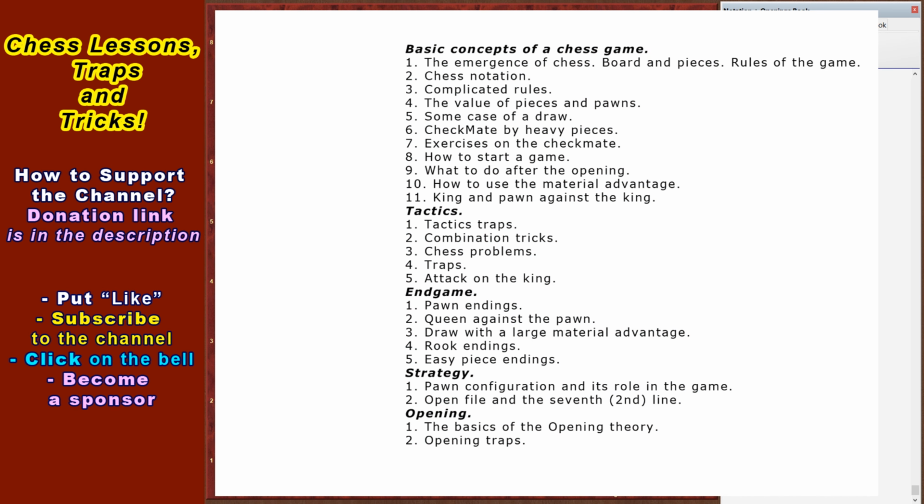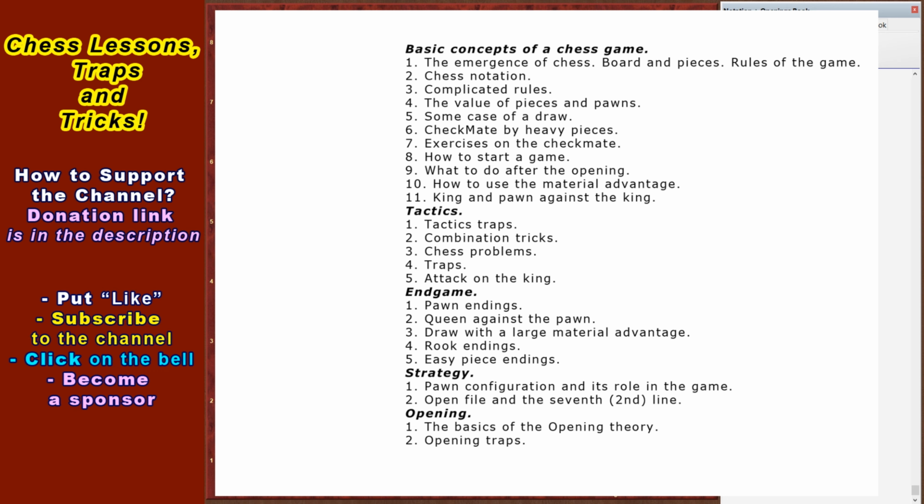You will receive basic knowledge about the chess game, tactics, struggle in the endings, elements of strategy and openings. After the end of classes, your game strength will increase significantly. You need to train twice a week. After each lesson, you need to play one game for white and one for black, using the knowledge in the